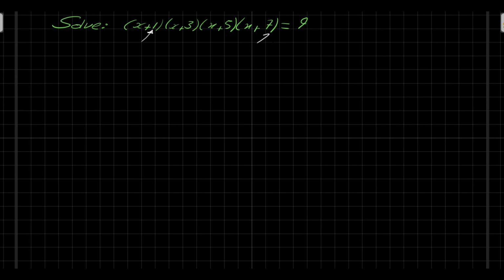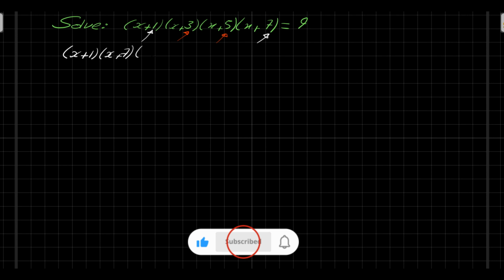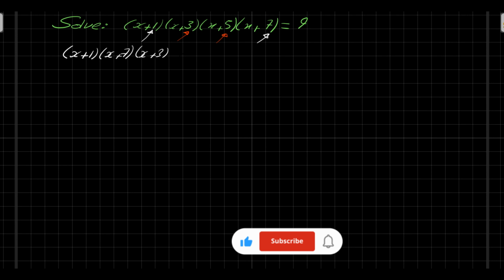So 1 and 7, if we add 1 and 7, will give us 8. And if we add 3 and 5, this gives us 8. So what we're gonna do here is reorder these factors in this way: (x+1)(x+7), and then we take (x+3)(x+5) equal 9. And now we will expand these two factors 2 by 2,